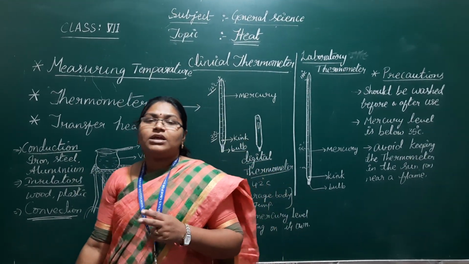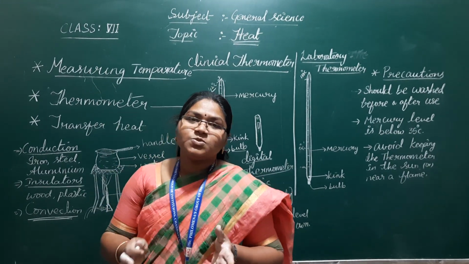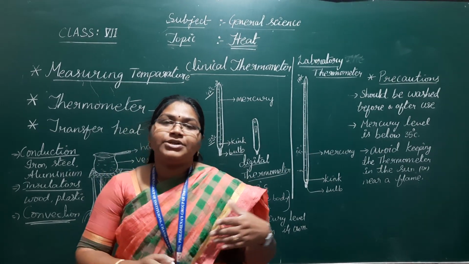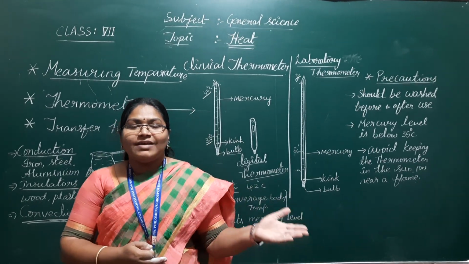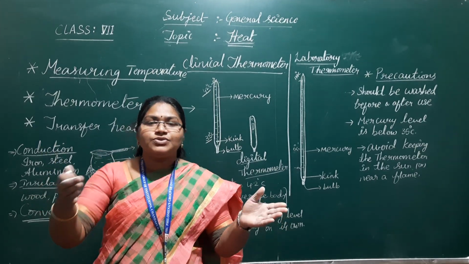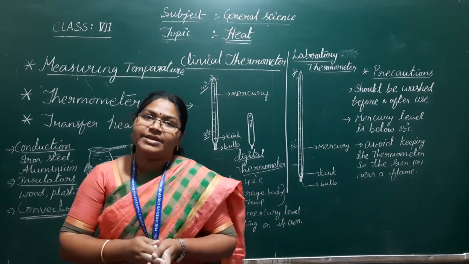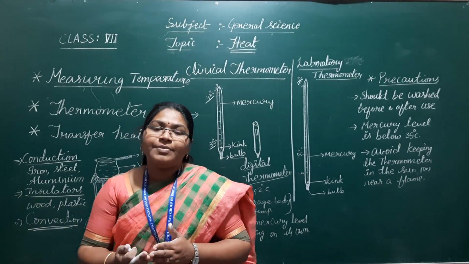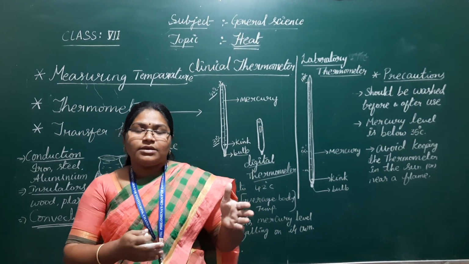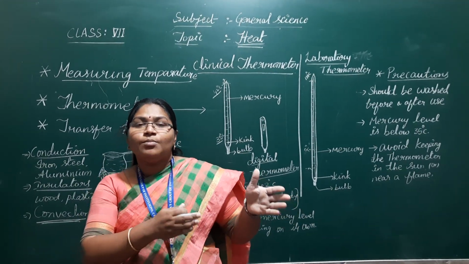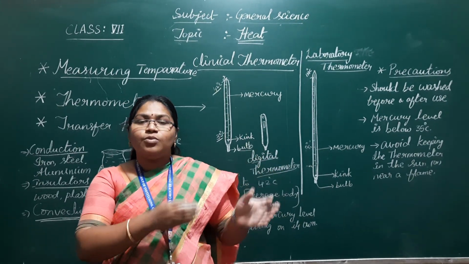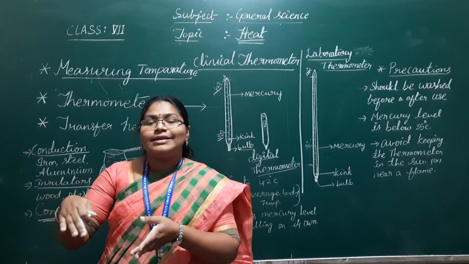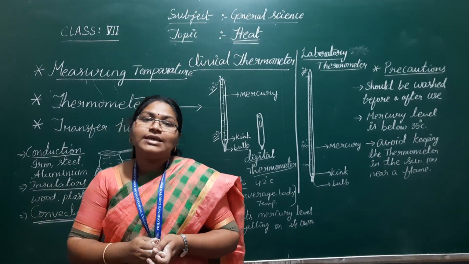And a sea breeze and a land breeze also, you know. What is a sea breeze? During the daytime the land is warmer compared to the sea or water. That's why the wind flows from sea to land during the daytime, which is called a sea breeze. The reverse happens at night time, which is a land breeze. During the night, compared to land, the water body has more heat. That's why the wind blows from land to sea during the night time. The warm air is called a land breeze.